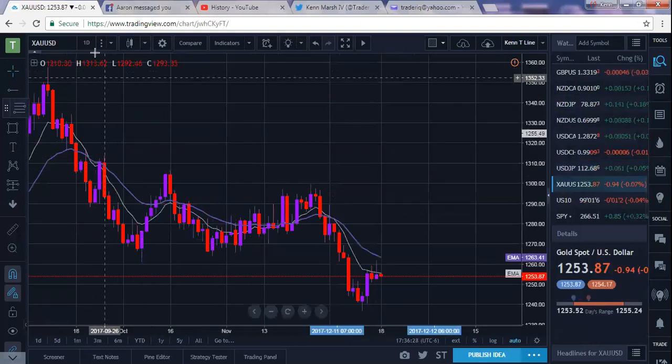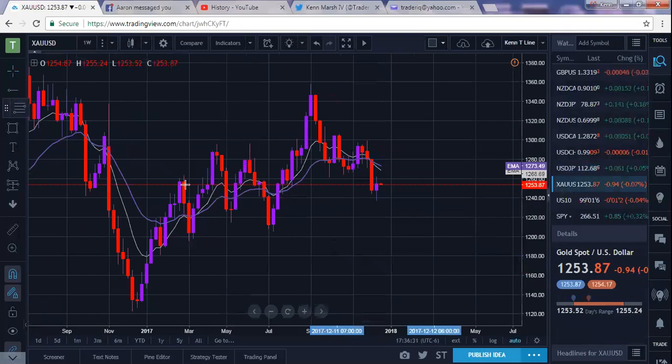There we go. Okay, so let's look at gold starting with a weekly. Now, gold has been going up, but we've gotten dollar strength, so it has been moving down. It has now come into a pretty nice price range if it was to go higher. But at this point, I think the dollar is going to continue to be strong at least till the beginning of next year, for about a month and a half or two, and then before it does continue to get weak. That's just the trend. I don't know if that's what's going to happen. The dollar could continue to stay strong from now on through next year, but at this point, I would be bearish on gold,